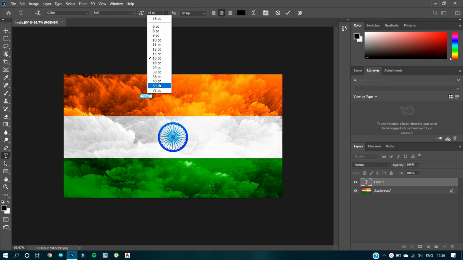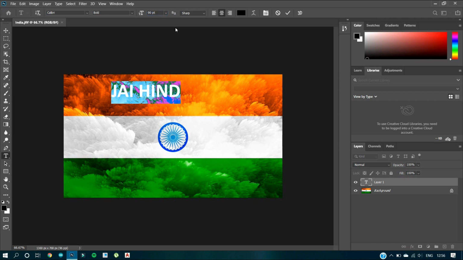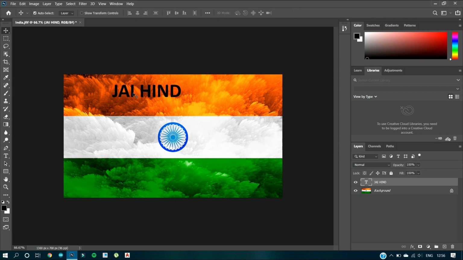So suppose if I want to edit size, then choose the drop down and select the size which you want. Or if you want a size greater than the mentioned sizes in the drop box, please type whatever you want. So let's make it 90 points. After selecting 90, the text size increases, and then to place it, just tap on the move icon and place it wherever you want in the image.